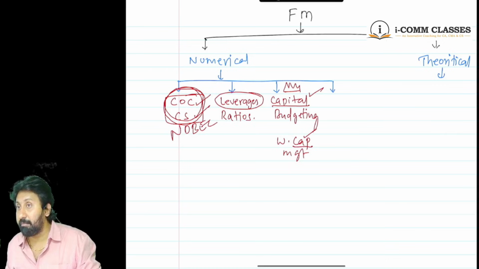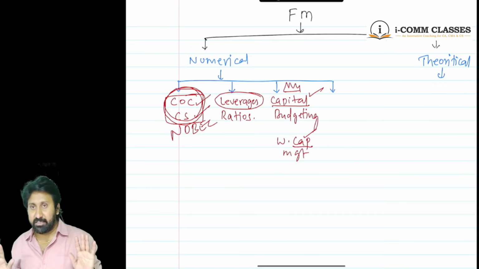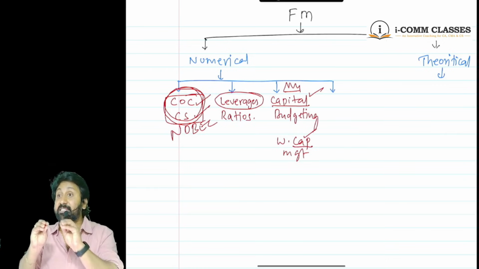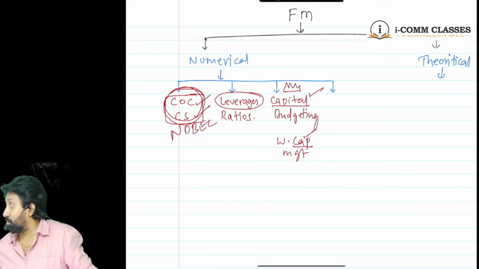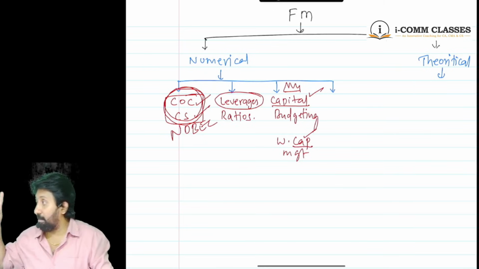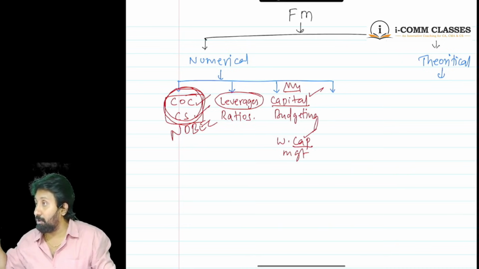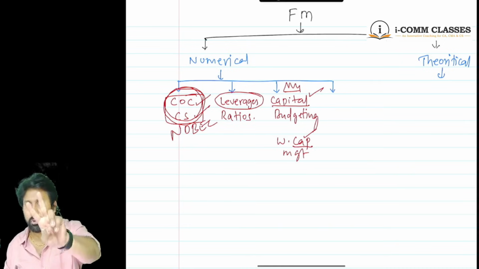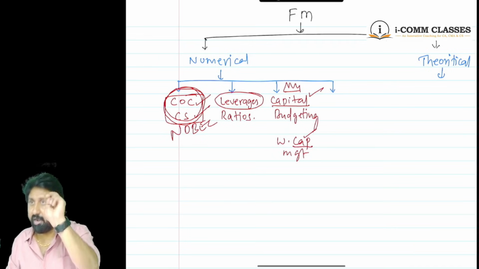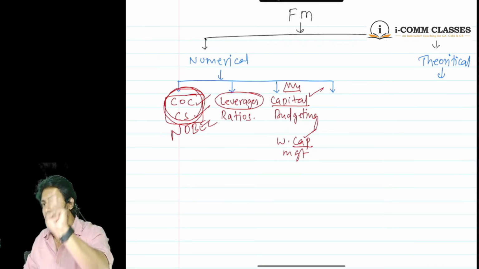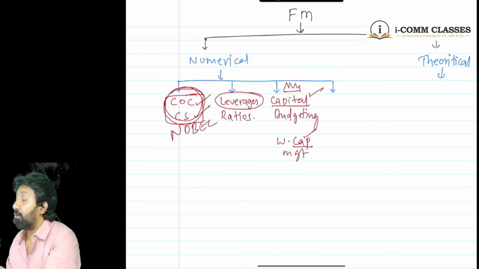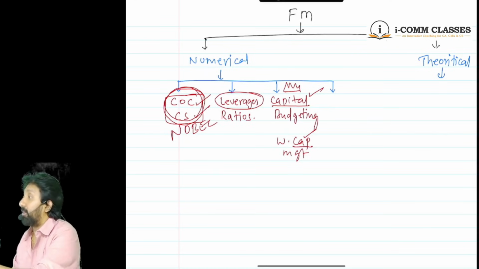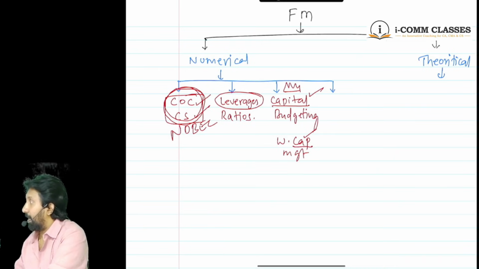Both these will be used to analyze the company's diagnosis, its health. Company health can be analyzed through how many documents? Number one, the balance sheet. Number two, the P&L account. Mainly. There are so many other documents also, but mainly these two, the balance sheet and P&L, are the two very important documents to analyze health. Health of whom?